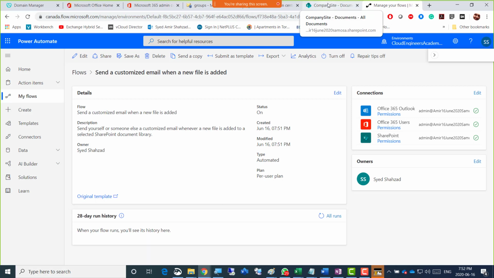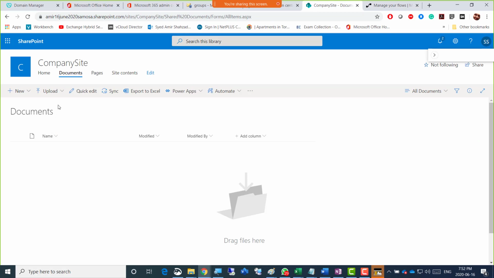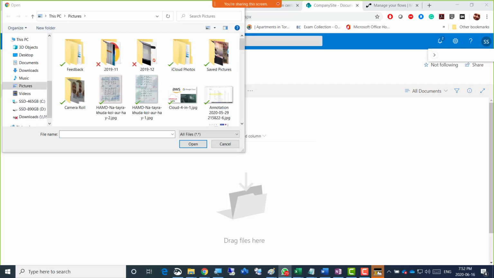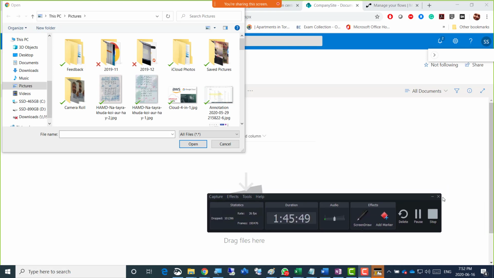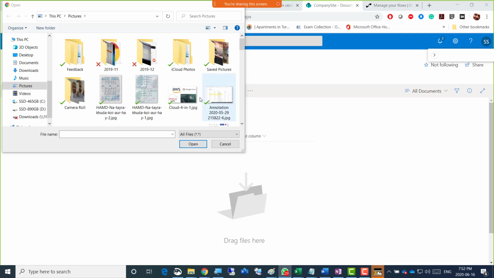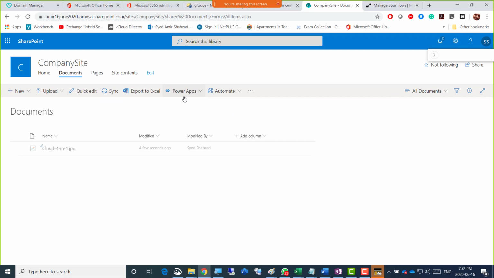Okay, so does it work? I'm going to go back to the site here, and I'm going to upload something. Let's go to the upload, and let's go to the files area, right? Okay, so now I'll just upload some file here, some picture, a JPG picture. So I uploaded it here, and that's what I am supposed to do. So did I get an email showing that there's that file that was uploaded here?